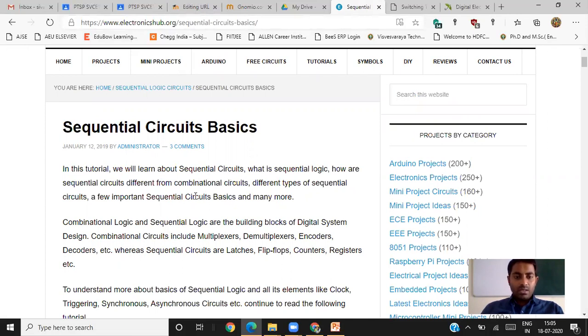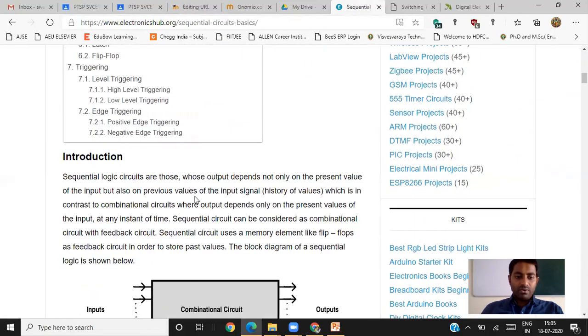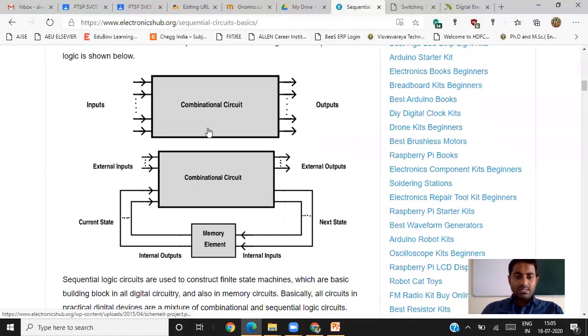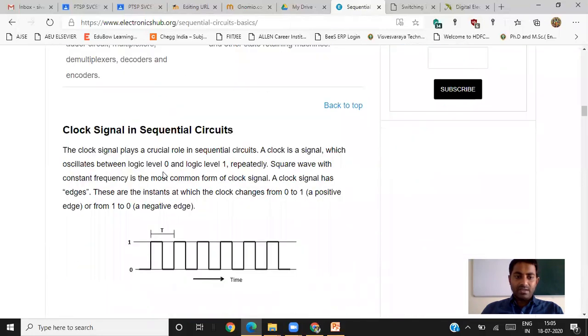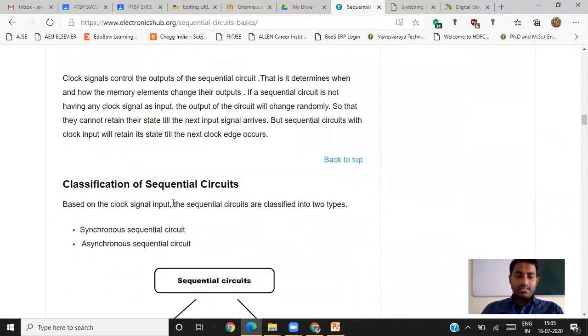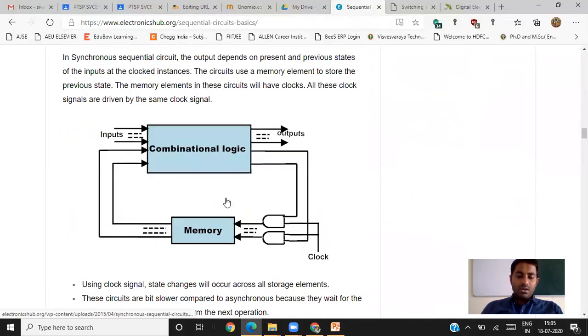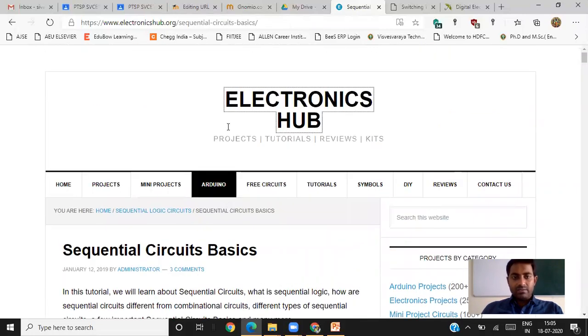I would like to give this URL to the students and ask them to go through it before coming to the class. Here there is an introduction, what is a combinational circuit, what is the difference between combinational and sequential circuits, examples of it, clock signals information for these two, and classification of the sequential circuits. All these basics information is available for the sequential circuits.